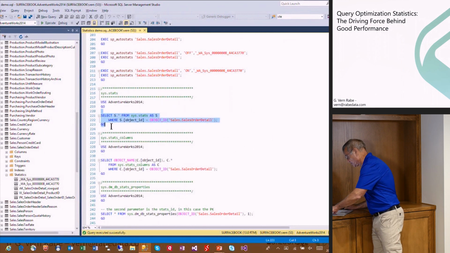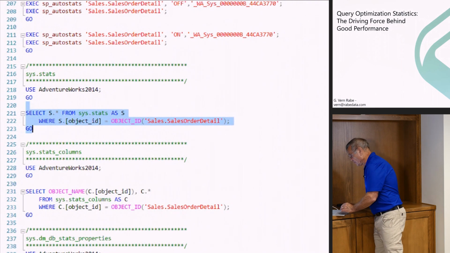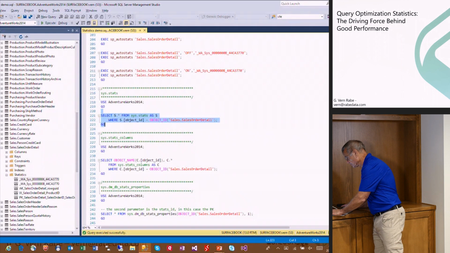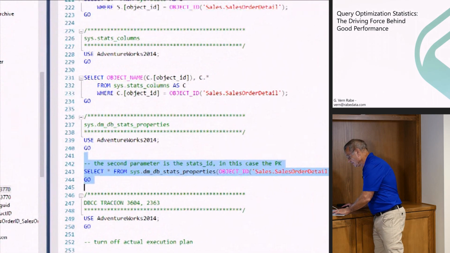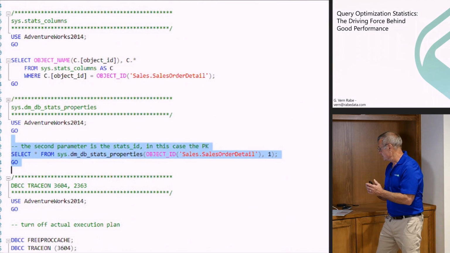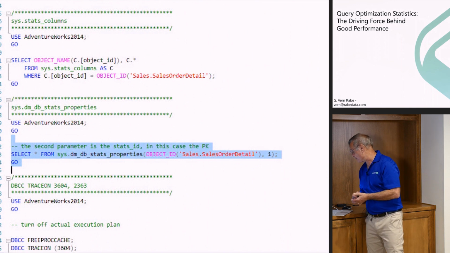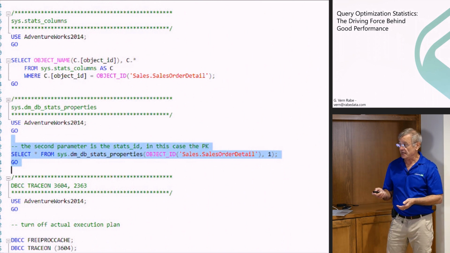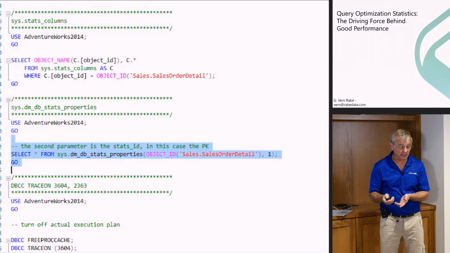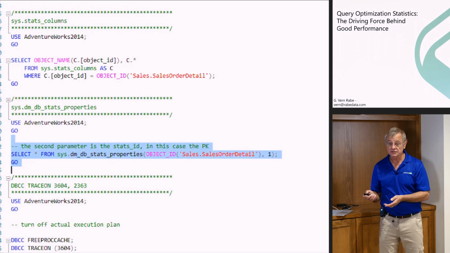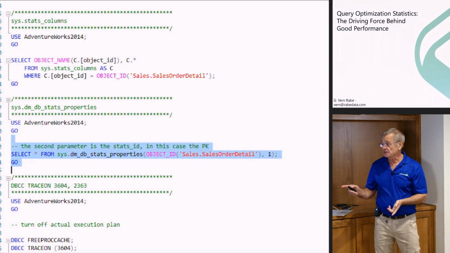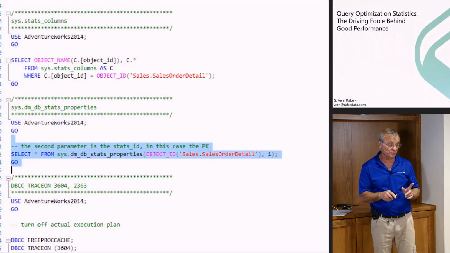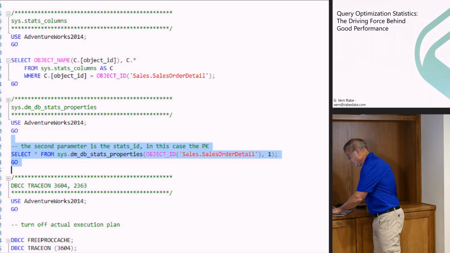And here I'm going to simply query, wrong one. I'm going to query the dm_db_stats_properties, and I'm going to specify the table name. The object ID of the table is the first passed-in parameter, and the second one is the ID of the stats object within that table. And in this case, the number 1 refers to the primary key. So when I execute this,